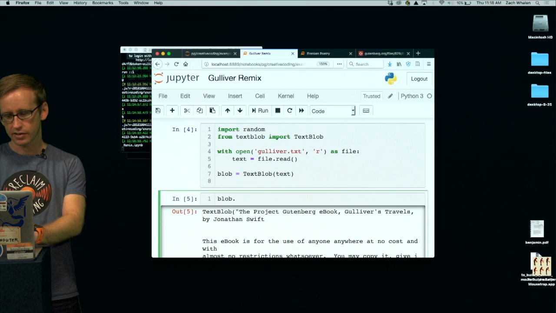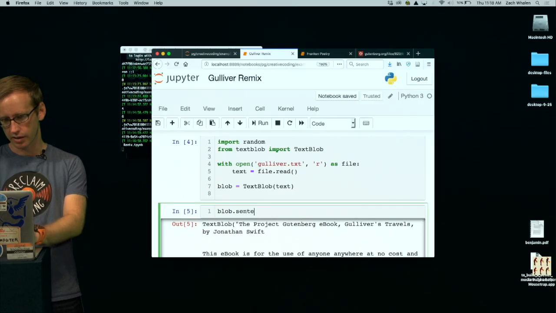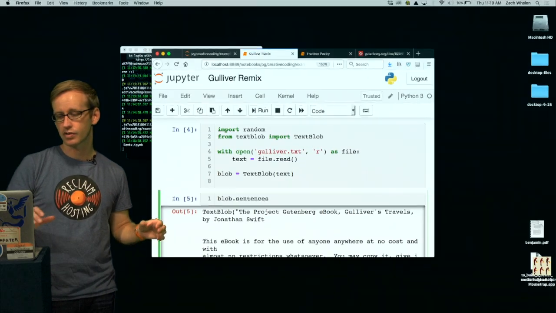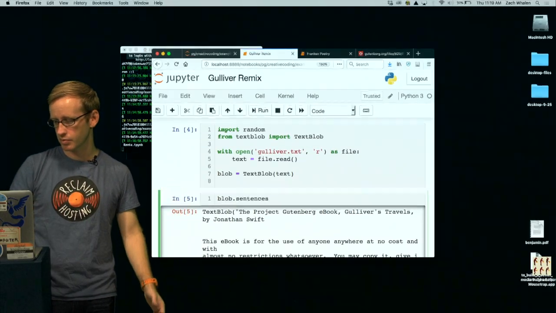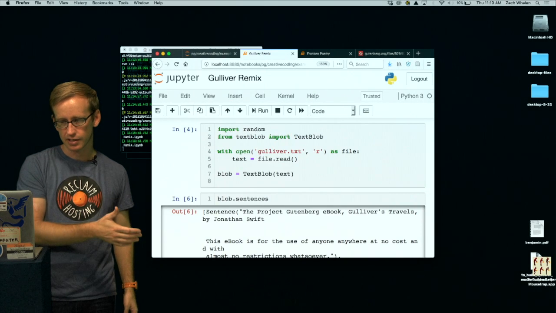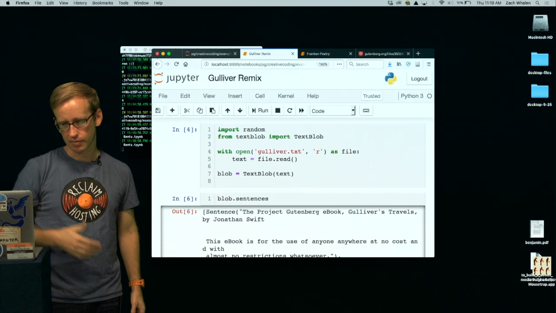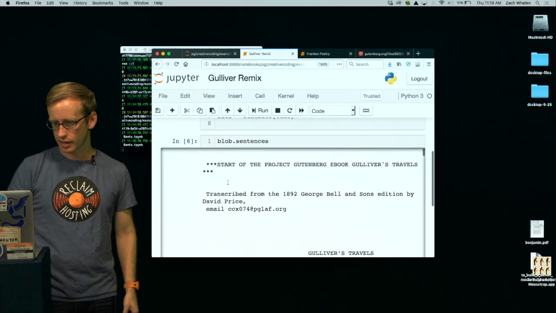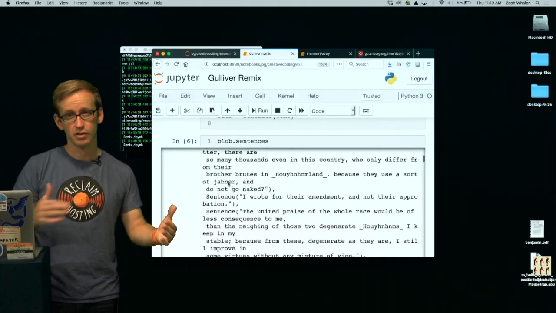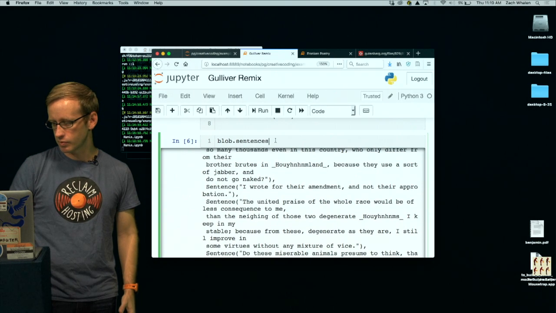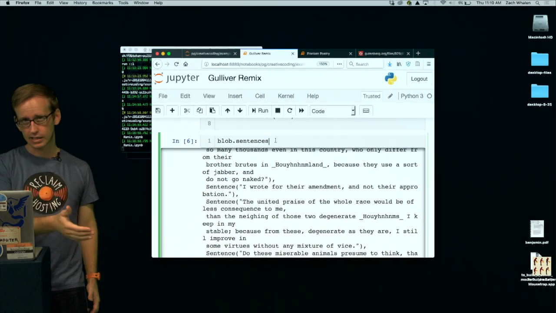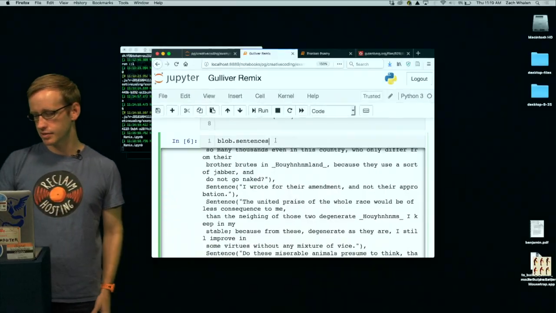For example, it has sentences. If you ask it for the sentences property of a TextBlob, it will print you a list of every sentence in this novel. That's kind of cool, because maybe you just want to look at this sentence by sentence. Now that this is a list, you can reference a specific one by giving it a list index.